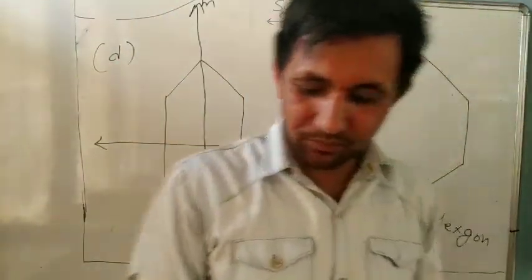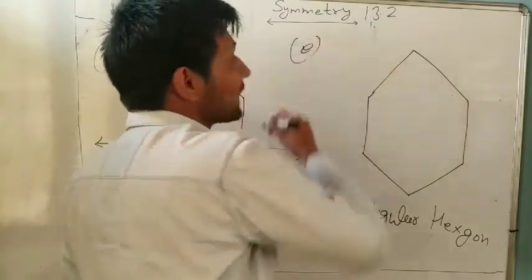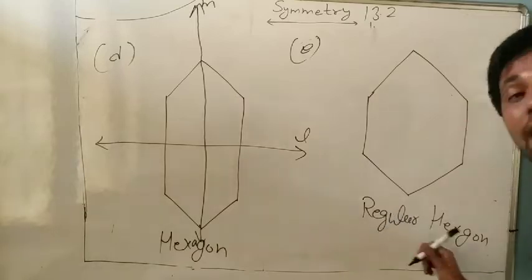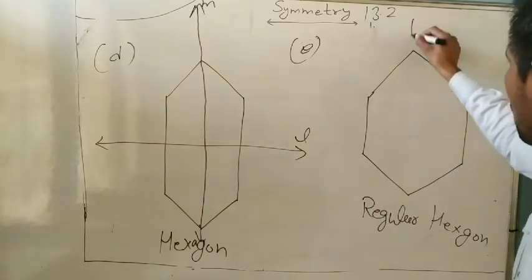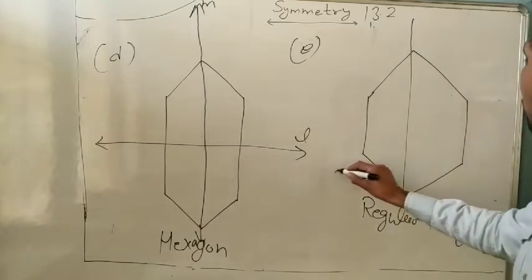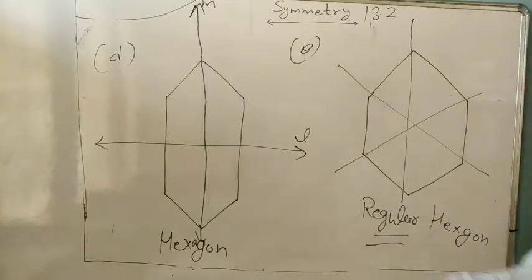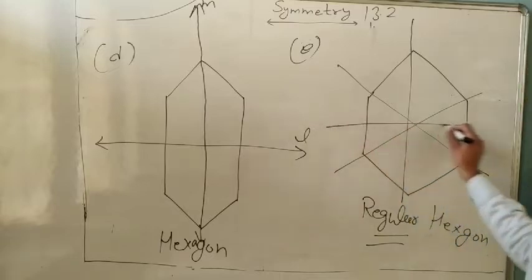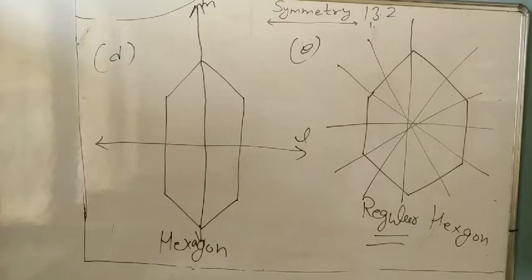Okay. Next is a hexagon with 6 lines of symmetry. So 6 lines of symmetry are always in a regular hexagon. In the first question, E part, we already did it. So it is 1, 2, 3, because it is a regular hexagon. Regular means all sides are equal. Here the sides are not equal. 4, 5 and 6. It is a regular hexagon. Understand it? Next is question number 7.